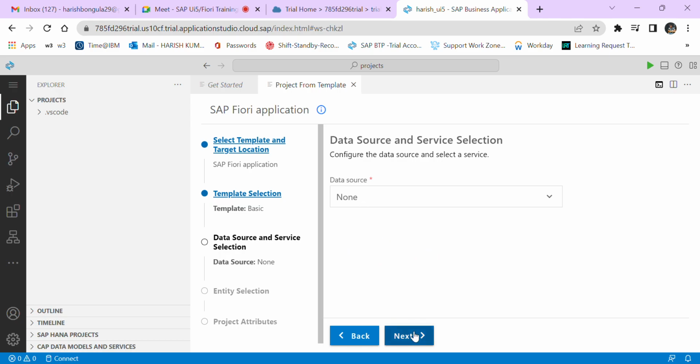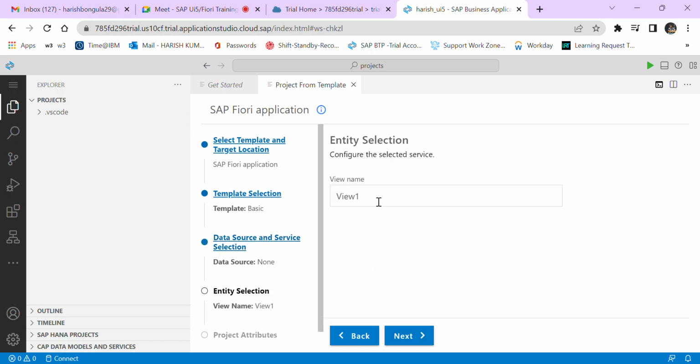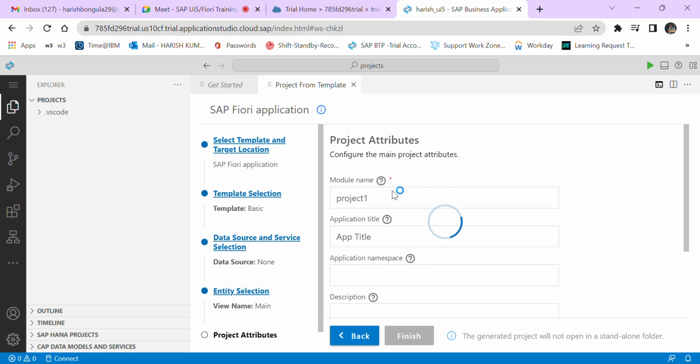Okay, when I select next, now it is asking what is the name that you want to give for your first view. What I'll do is I'll create my view name as main view, because this is the main view. In order to understand clearly, that's the reason I'm giving the name as main. When I click on next, it will ask me the project name. Okay,